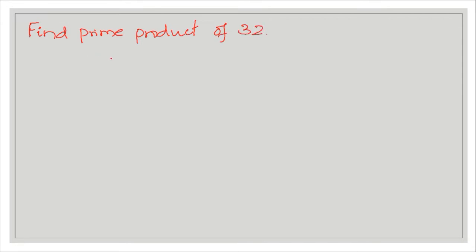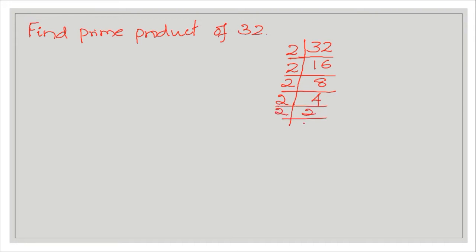To find that, I have to keep dividing the given number with the prime number starting from the lowest prime number. This is exactly divisible by 2. So 16 times, once again it is divisible by 2, 8 times, 4 times, 2 times, 1 time. Therefore 32 is 2 multiplied 5 number of times, or I can write this as 2 raised to the power 5,